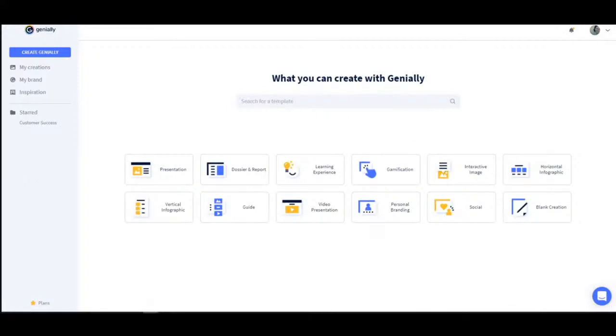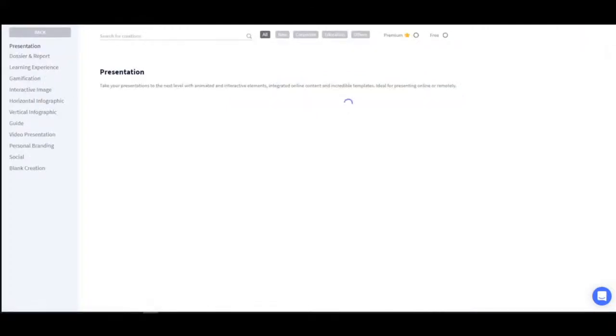Now, we are going to create our first Genially together. When you're ready to start creating, you want to think to yourself, what is the topic of the content that you want to create? What type of content do you want to create? Based on these questions, you can navigate through the 12 categories of creations that are available. Or you can also search for certain keywords using the search function. Now, this word can be related to the topic you're going to develop, for example, science, marketing, books, or it can be the type of creation that you want to make. So infographic, calendar, game. Now, for our first Genially, we are going to make use of a presentation.